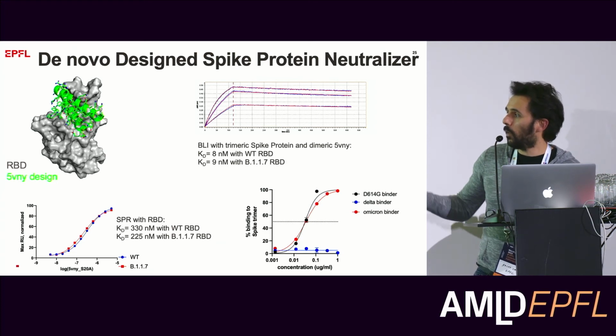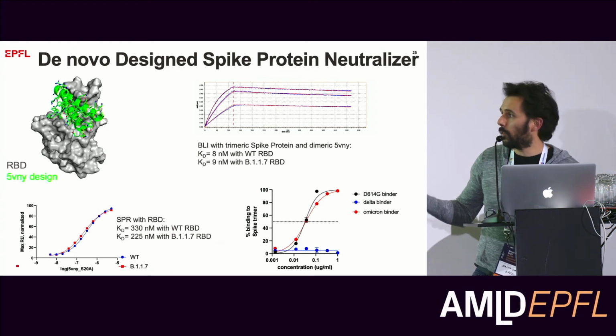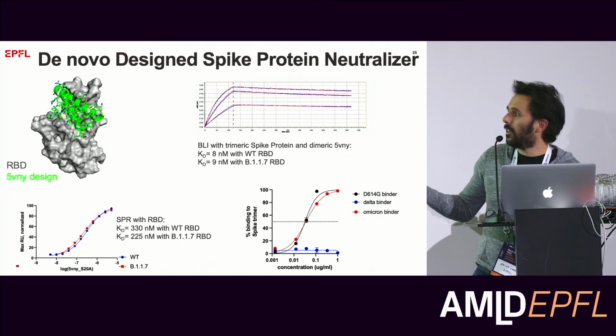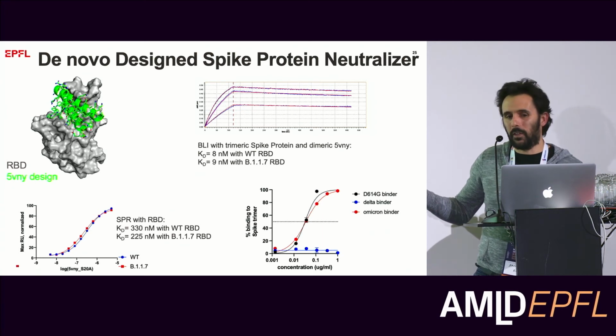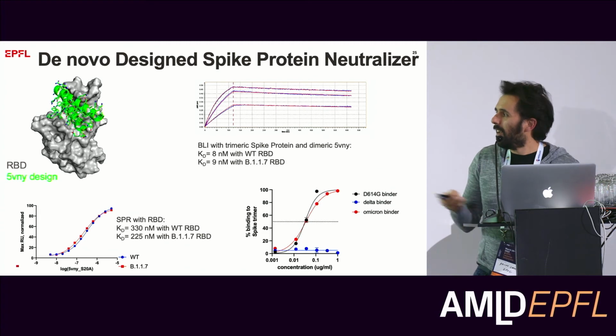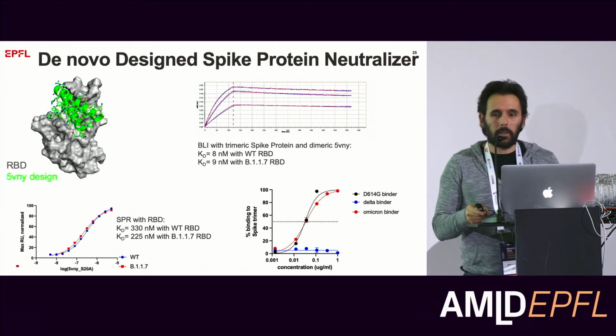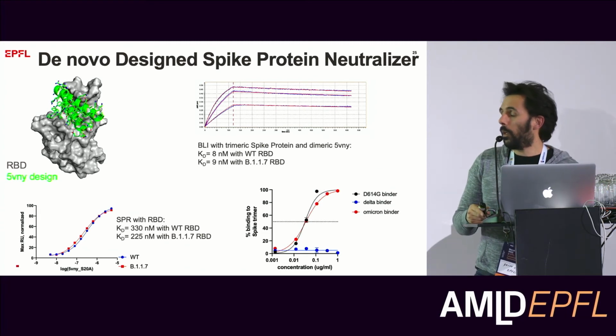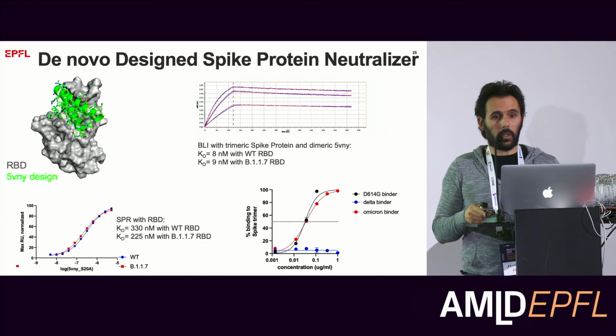And lastly, you actually test if it's able to neutralize the virus, which in this case, you'll see that it's able to neutralize the wild type virus, does not neutralize the Delta virus, but it neutralizes the Omicron virus. So you guys are safe for now. So that's just basically demonstrations of what we can use this technology for.